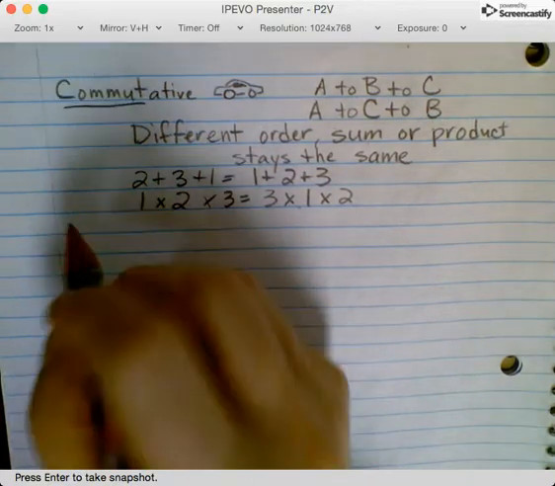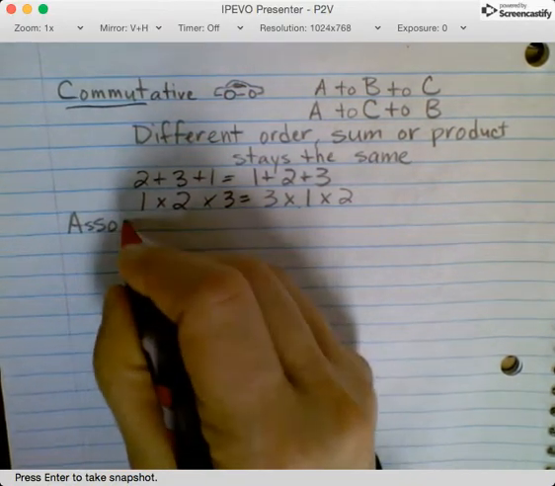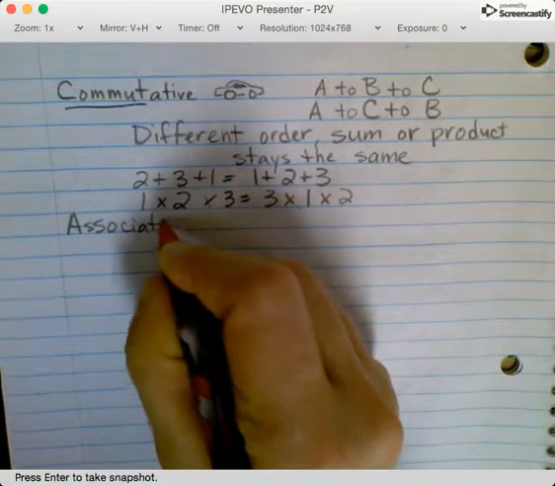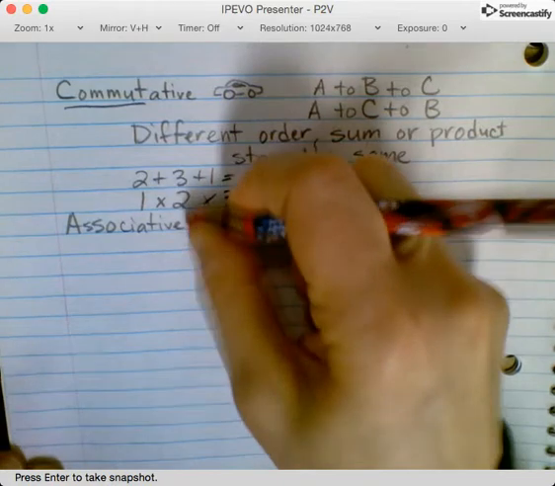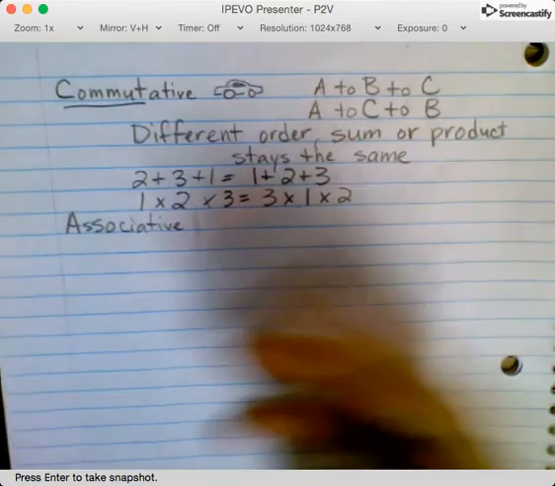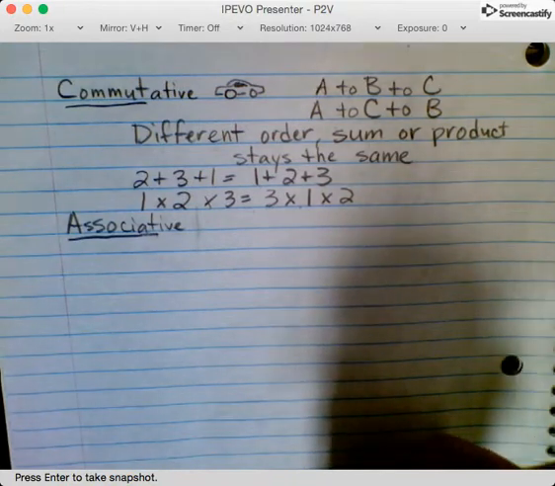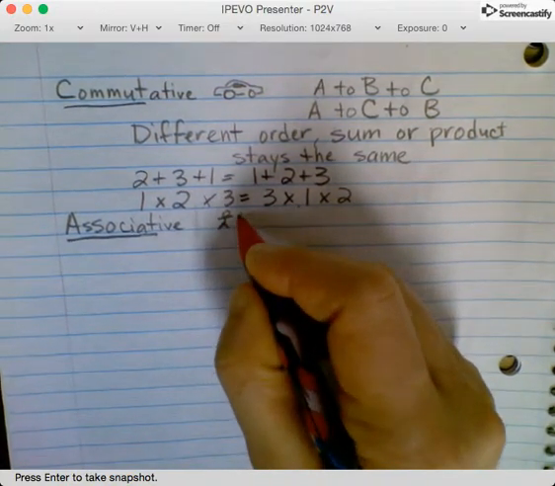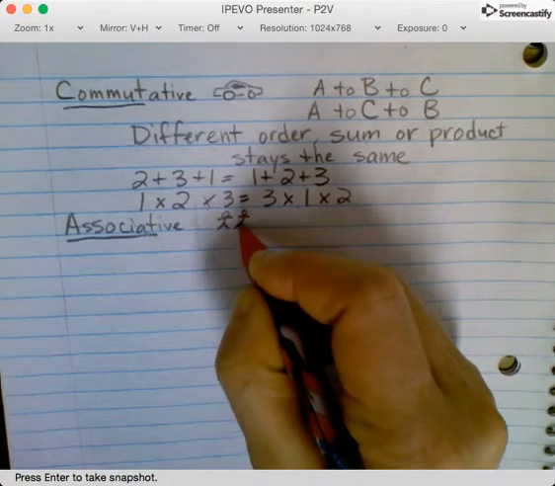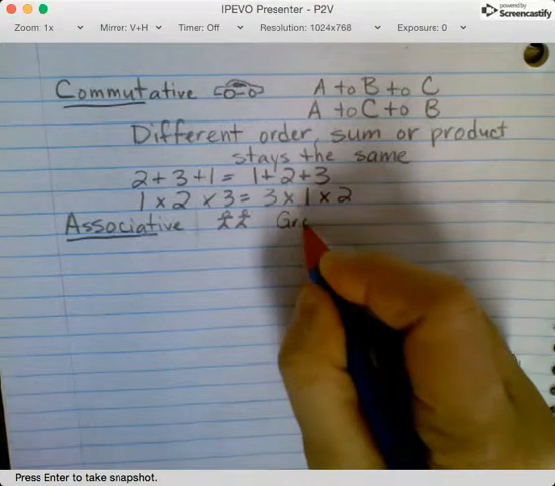The second one that I'm going to talk about is the associative property, which I think of as the word associate. So who do you associate with? What group do you hang out with? So I draw a little people to help me remember this one. So this one, the grouping changes,